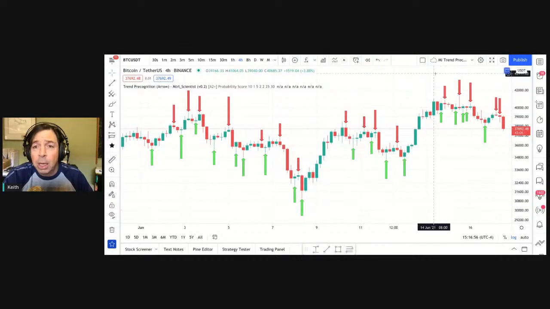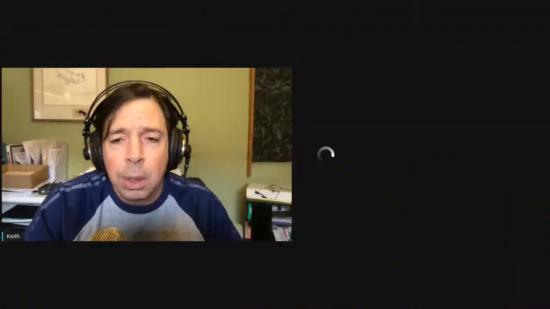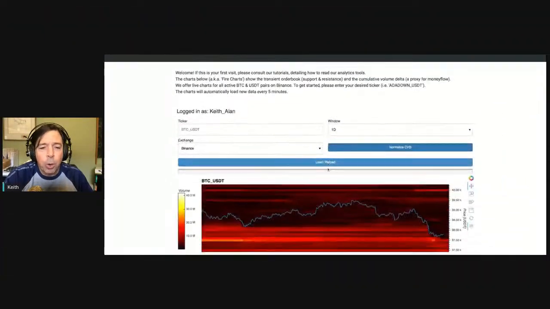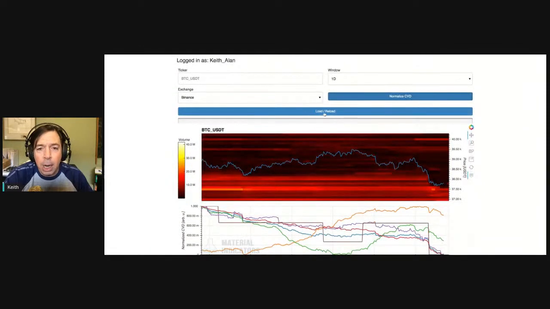So to show you what I mean, and for those of you who may not be familiar with fire charts, let me show you what that would look like. Let me just switch it back here, go to another screen. If you wanted to use fire charts, all you really have to do is look at where your support and resistance areas are, right?